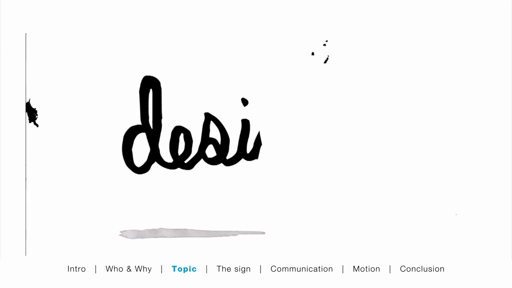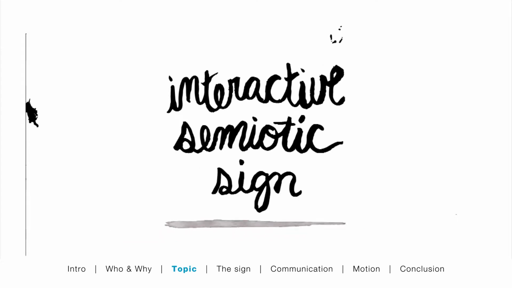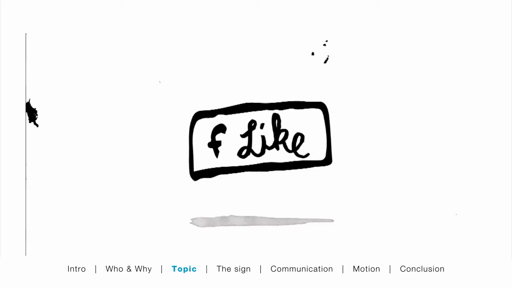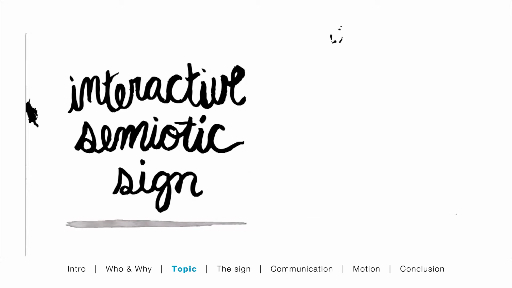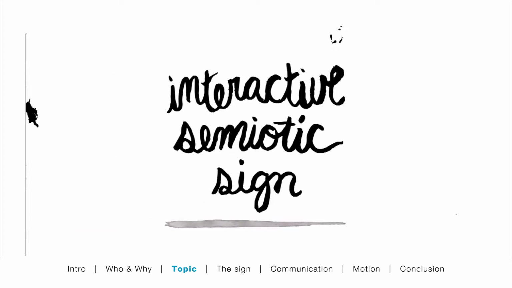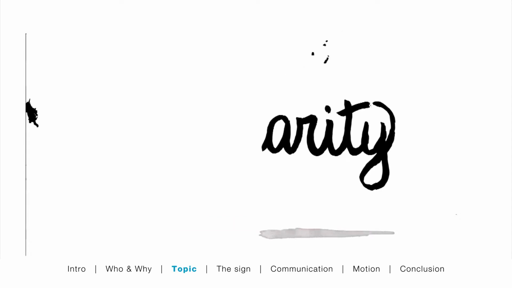In this presentation, I will be discussing how graphic designers can use interactive semiotic signs in digital environments, like the Facebook like button, to create powerful experiences that affect human behavior and society because of their similarity to communication and motion in the physical realm. By looking at a few examples, we will see how interactive semiotic signs shape user perception in digital environments because